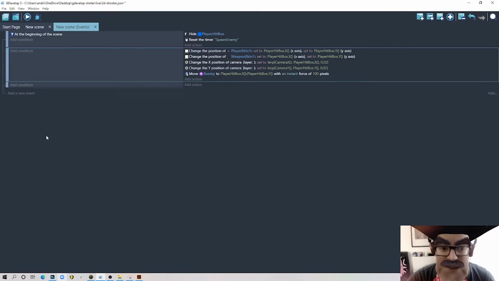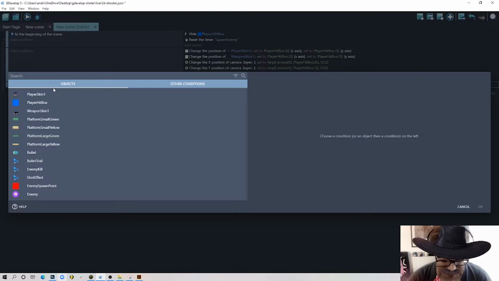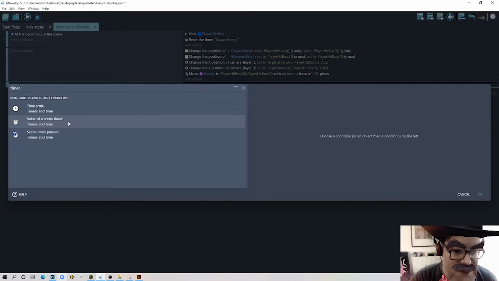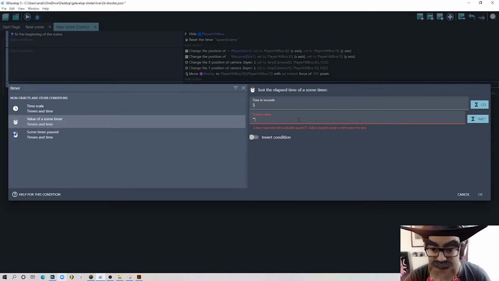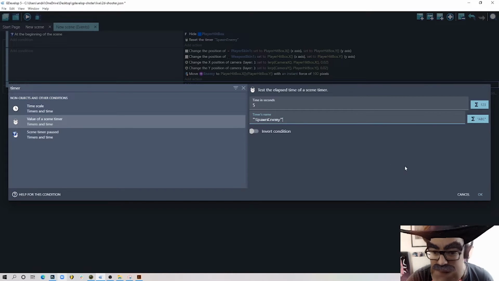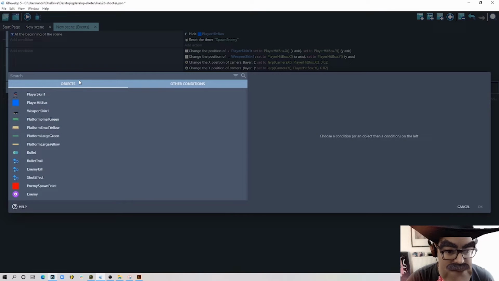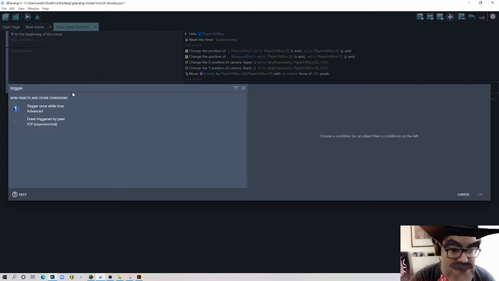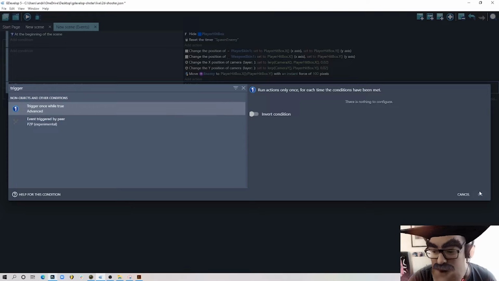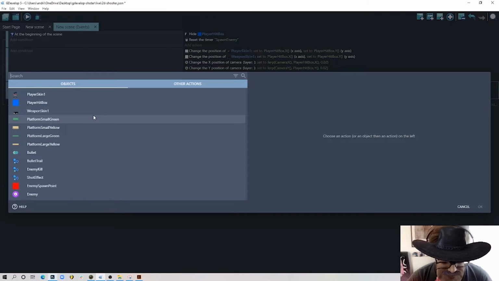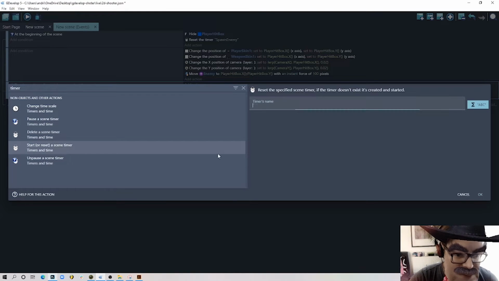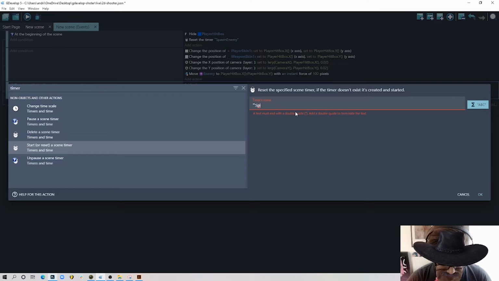Okay, that's cool. And then I create a new condition, and I'll say timer value of a scene timer, let's say every 5 seconds. I think that's alright. And the timer name is spawn enemy. Okay, and let's add trigger once, because we want it to trigger only once every 5 seconds. At this point we restart the timer from 0, so timer start to reset timer, spawn enemy,